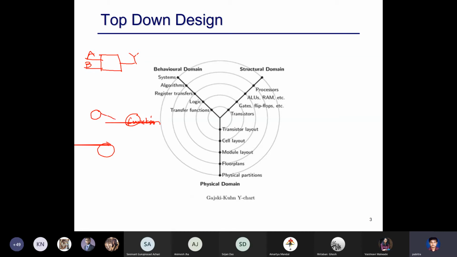And then these nodes are connected. What is this connection? These connections are basically the output of this goes as the input of this. Output of this goes as the input of this. Each of these connections, you can imagine them as wires.